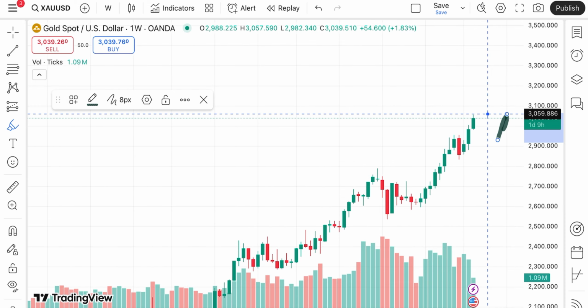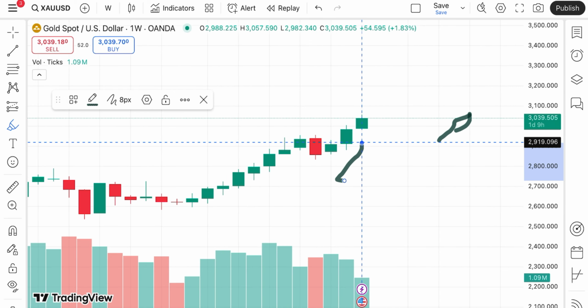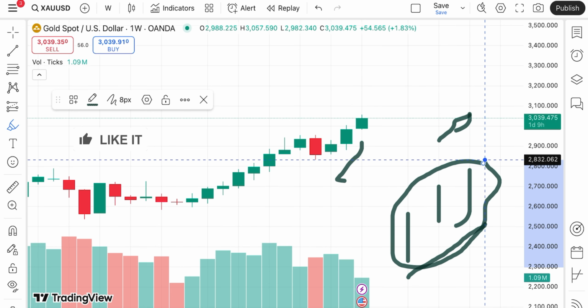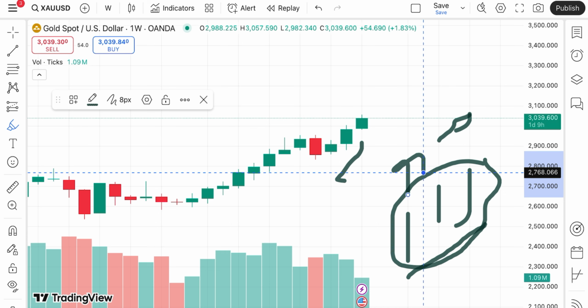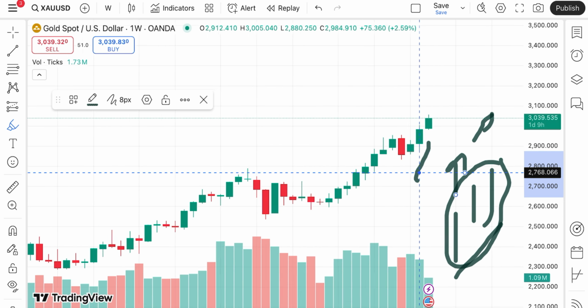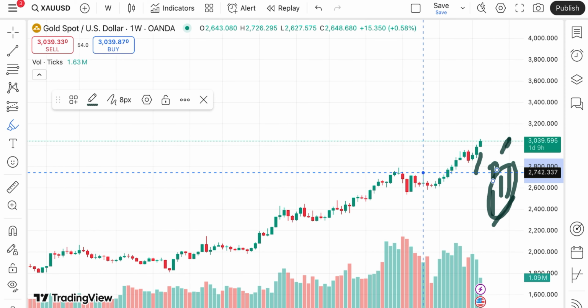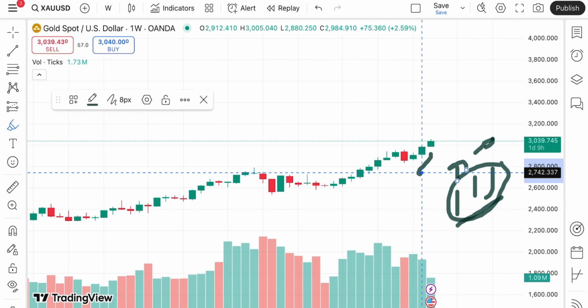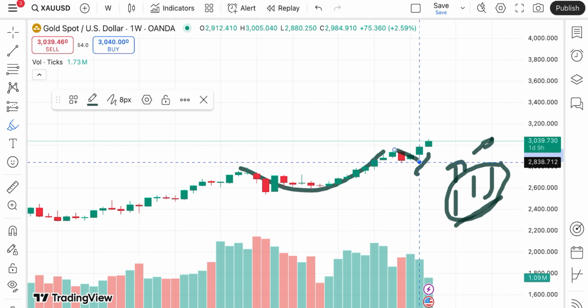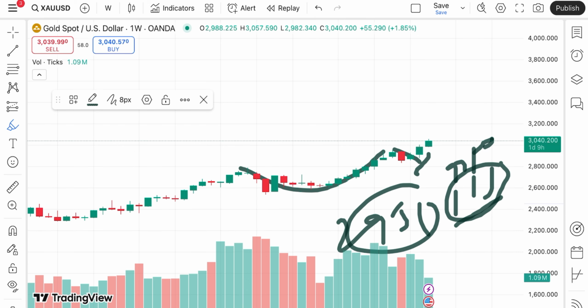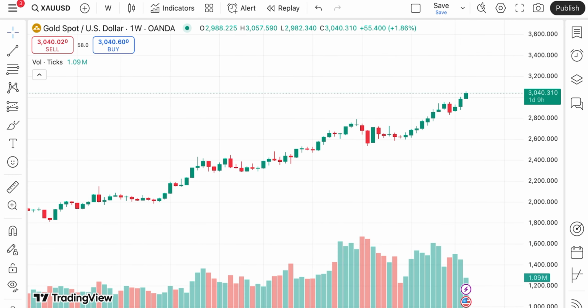As you can see, looking at this particular chart, three green candles are forming, and I have told you that when three green candles form, there is a probability that we can see a further upside movement. The probability of going further upside is on the higher side, because if you look at this trend, a U pattern formed, after that a downfall, and I have clearly explained that chances of going above a level of 2954 were there, and now it has already touched a level of around 3059. Chances of going further upside will be there.